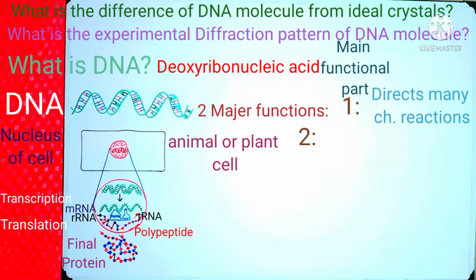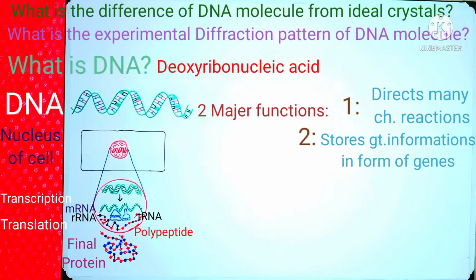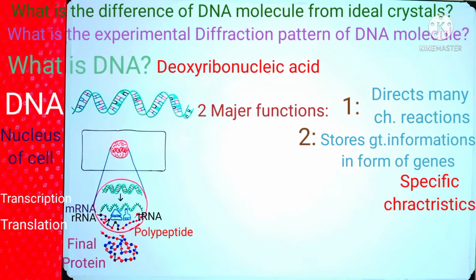The second function of DNA is that it stores genetic information in the form of genes. These genes are responsible for the specific characteristics of an organism's body. The genes for eye color determine what the eye color of a particular organism, which can be a human or an animal, will be. It could be black, brown, green or some other mixed color like honey brown. Similarly, traits for hair color, skin color, body shape, the size of the fingers, thumb design,